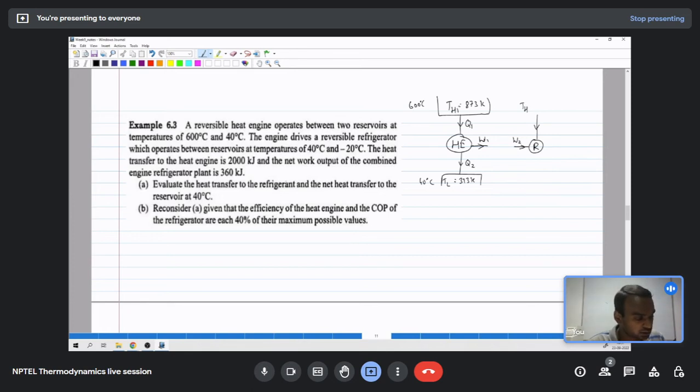I would write the heat engine thermal reservoirs as TH1 and TL1. For the refrigeration system, the high temperature reservoir is TH2, which is at 40 degrees Celsius, which is 313 Kelvin,